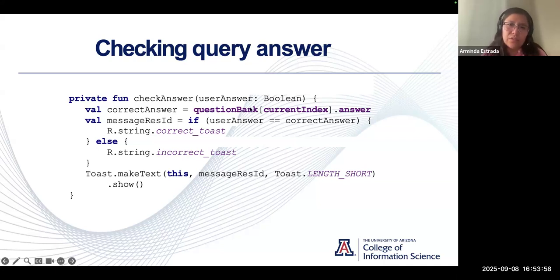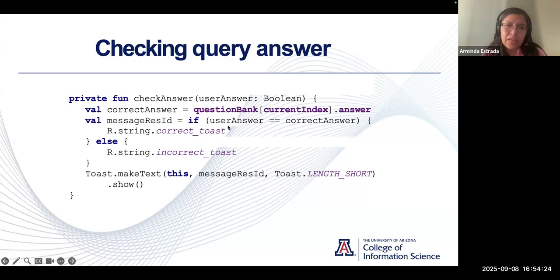That is why it takes a Boolean input of the user answer, true or false. So here we have a value called correctAnswer equal to the question bank, the function that we declared, looking at the current index and then dot answer. And then we have a value called message